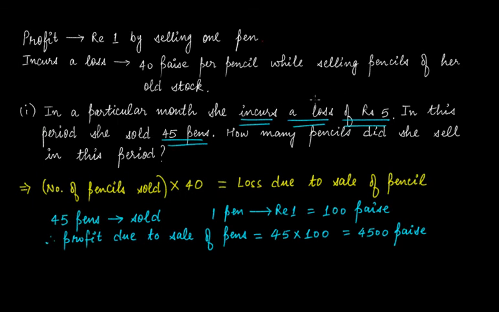This is actually the net loss that you are making of ₹5. Now since you are making a net loss, that means that this quantity will be greater than this one, because the loss due to sale of pencil will be greater than the profit due to pen, and then only you will make a net loss. So this quantity, that is loss due to sale of pencil, is number